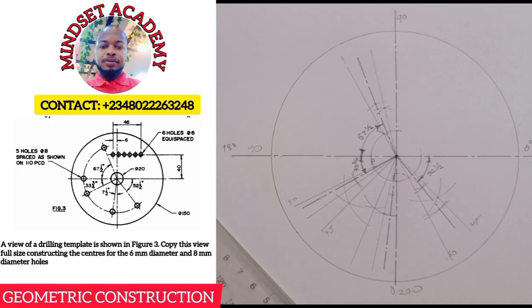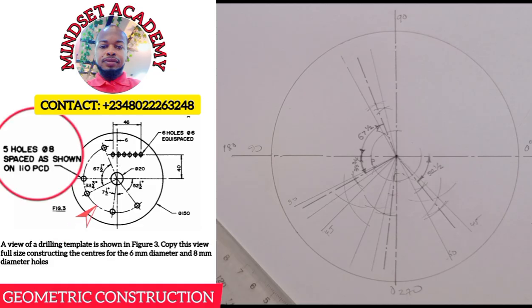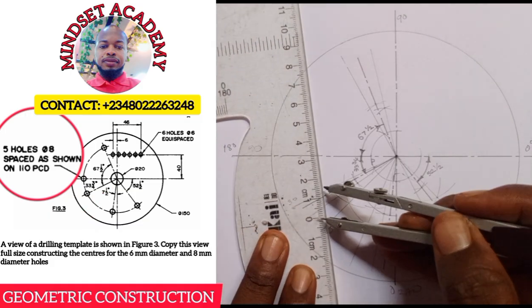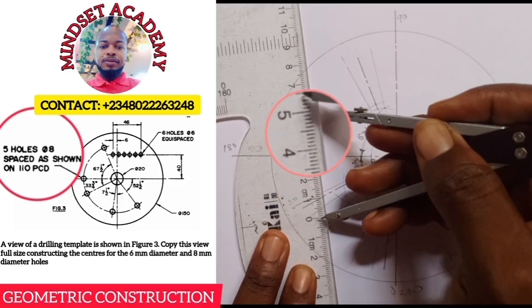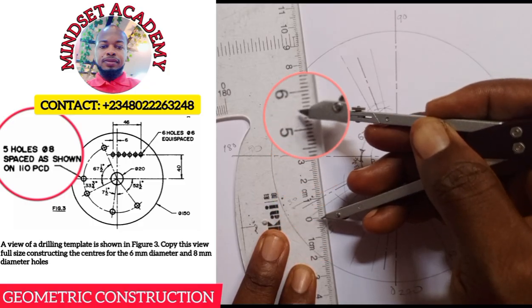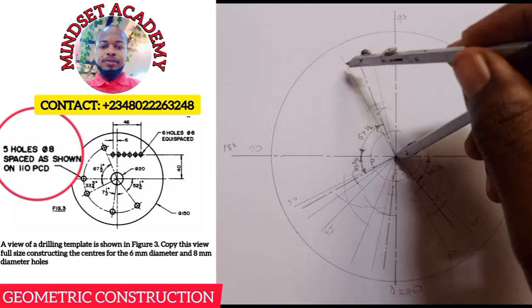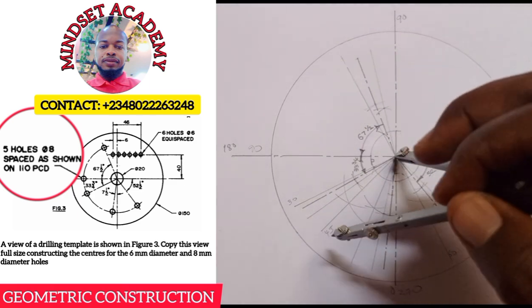So now the next step, after you've successfully done that, the next thing you do is now start drawing the PCD, and the PCD is given to be 110. So half of the PCD is what? 55. PCD means pitch circle diameter, so you just take half of it, 55, right? And you place it here, and you strike an arc, just that way. From here you can see